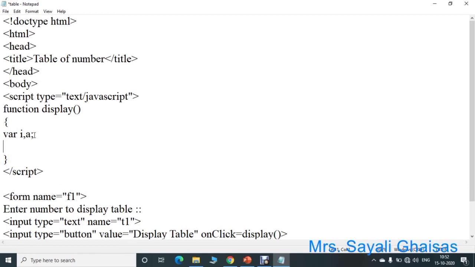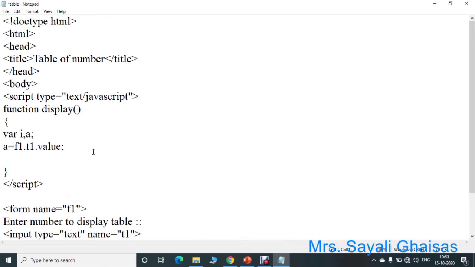So a is equal to F1 dot T1 dot value. Now a will contain the value that the user types within this text box. Okay, now there is a value in a.